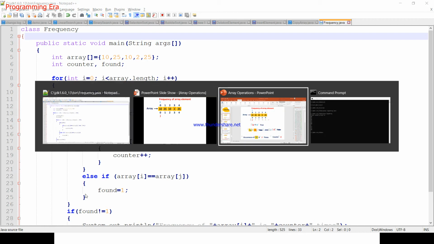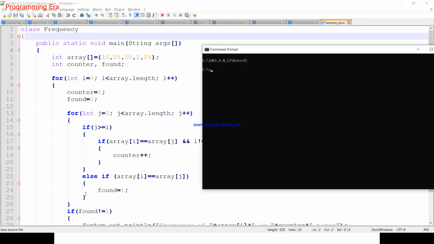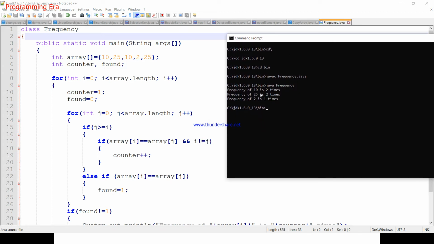Now we'll open command prompt and we'll write like this: cd JDK bin, then run frequency. Now we can look here. Frequency of 10 is 2 times, frequency of 25 is 2 times, and frequency of 2 is 1 time.